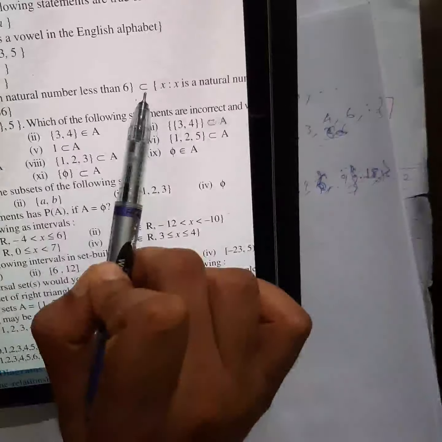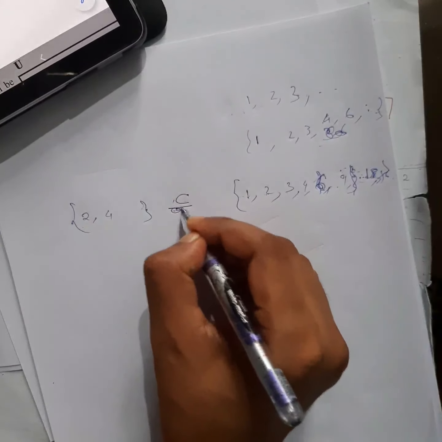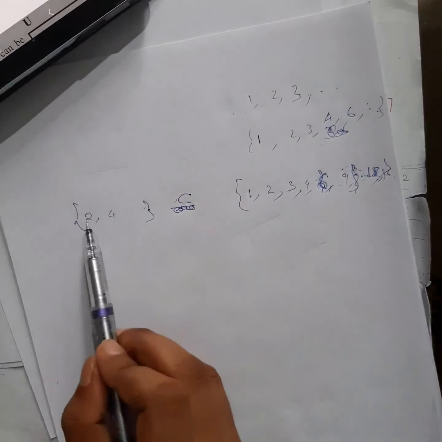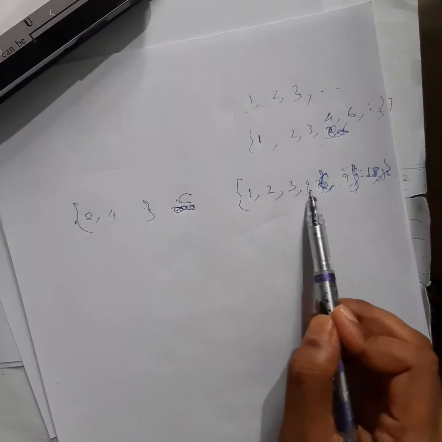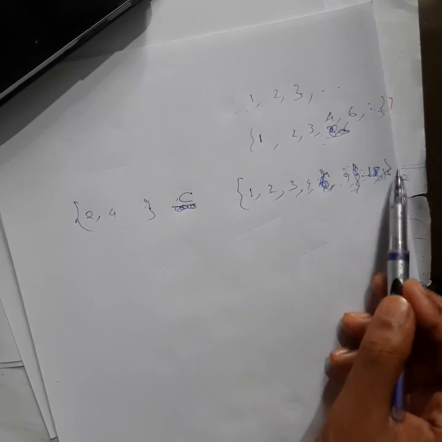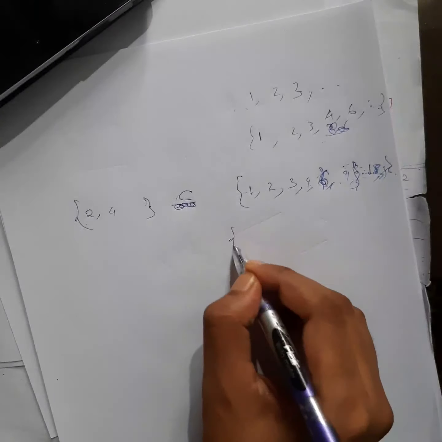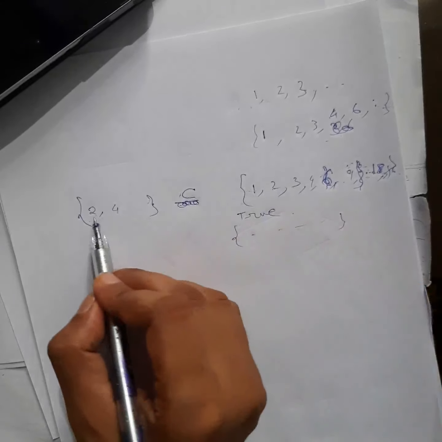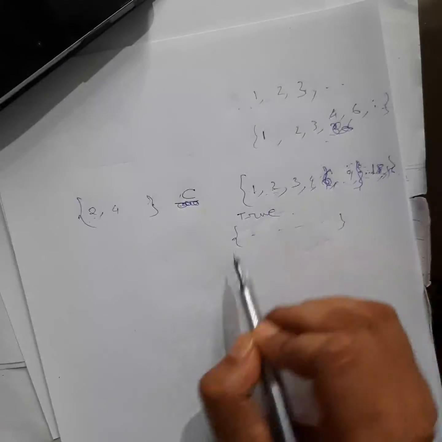Okay, now see, what I have to find is, they are just asking you whether it is a true statement or not. So they have written here this is a subset of this one. They have given this symbol here. Now you can see for a subset, what is the condition? All these elements must be contained here. So you can see 2, 4, they are there. That's why I was not considering those other elements, whether you need them or not. You better write them down, because it's a finite set. So basically this will be a true statement. Why? Because 2, 4 will be there in this set. So this is a true statement.